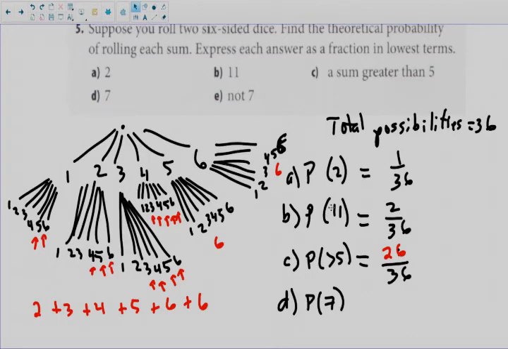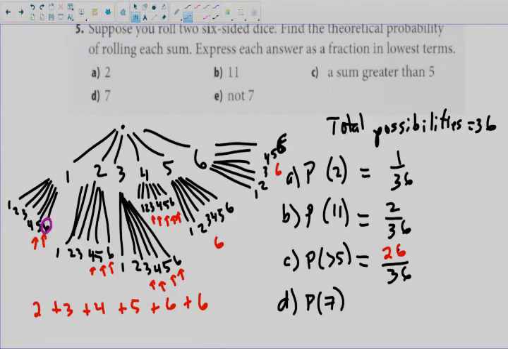so what is the probability of rolling a 7? Well, how do we get 7s on 2 dice? You get 7s with a 2 and a 5, a 1 and a 6, a 3 and a 4, 4 and a 3, and then 6 and a 1. Okay, so I'm going to use a different color for this one. I'm going to use purple. Okay, so